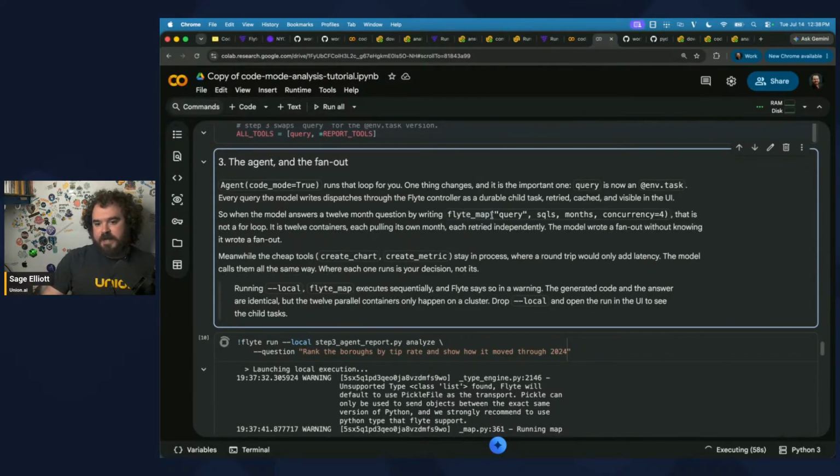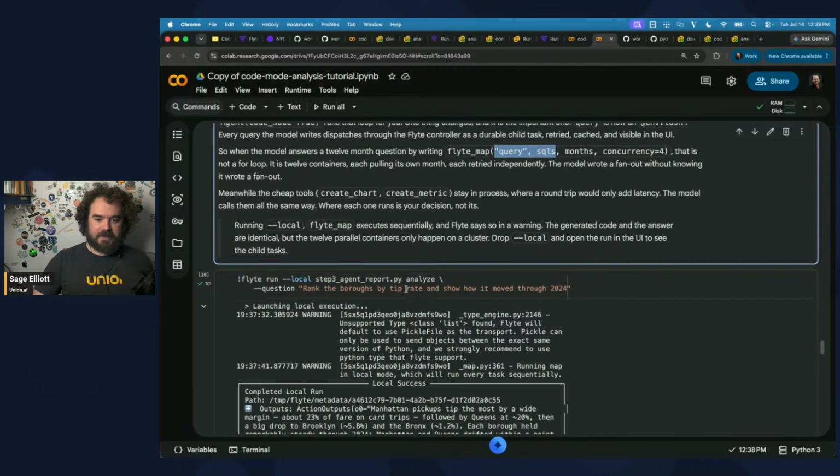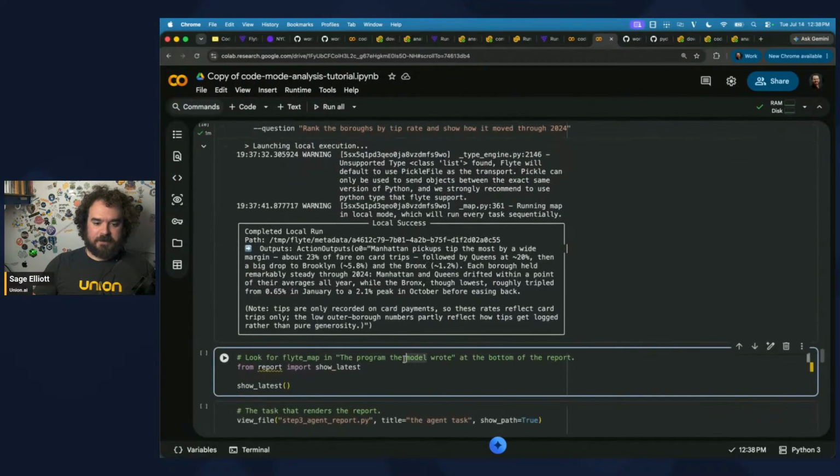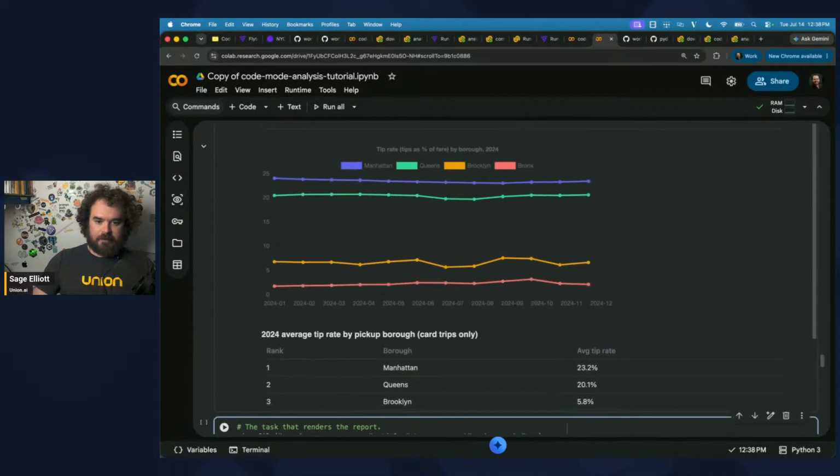It's going to take in a query, look at something for 12 months, and then spin out at least 12 parallel containers running at the same time, and then give us the answer from there. When we run this locally, it's not doing that. It's running in sequence. I think there might even be an output that says it's running in sequence right now. But if I run this